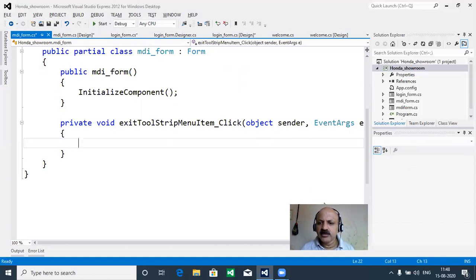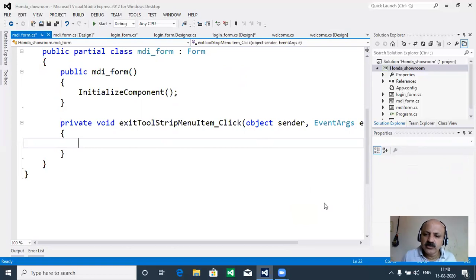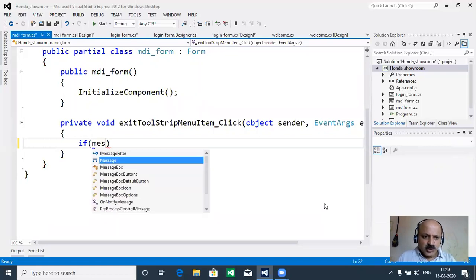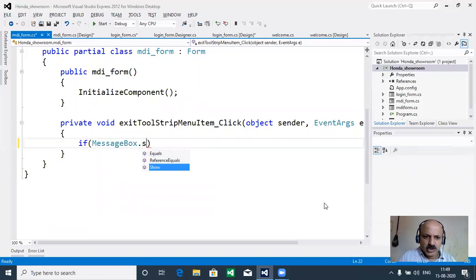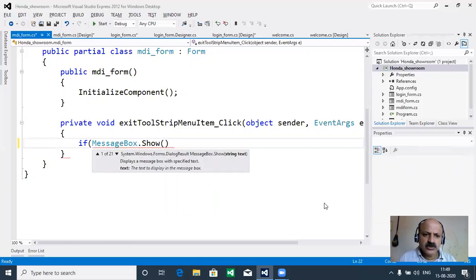Like in our login form we used the exit coding, the same is required here. First we take an if condition, and we have to use the MessageBox class, and Show is a method. Now our coding starts: in the MDI form we give the message, "Are you sure to exit